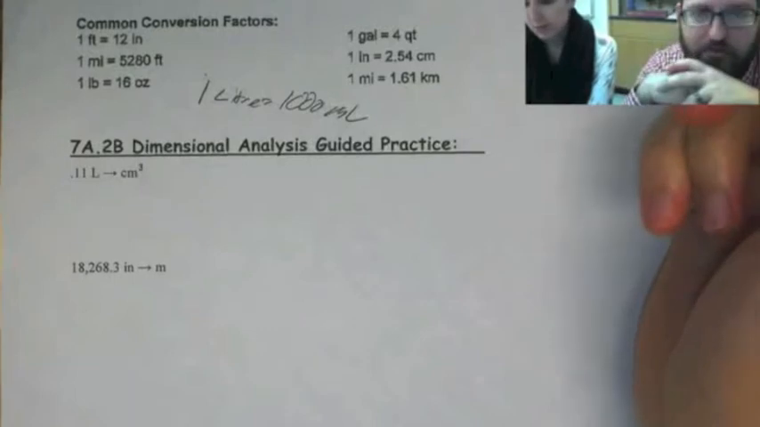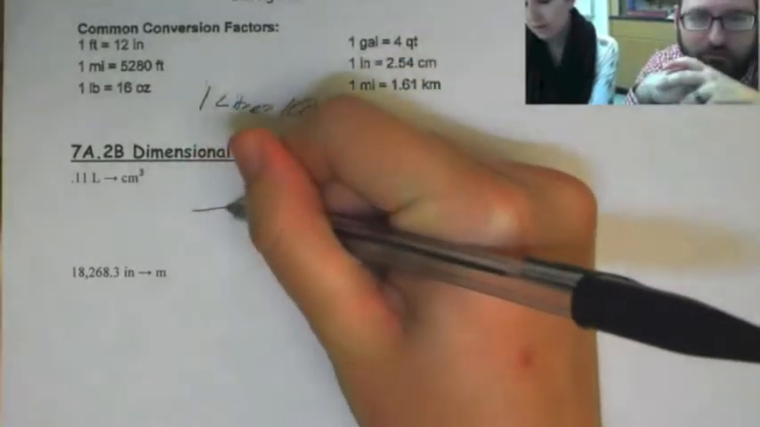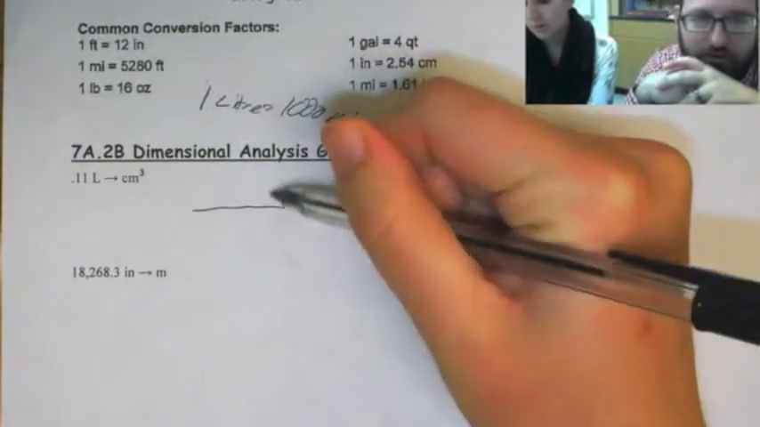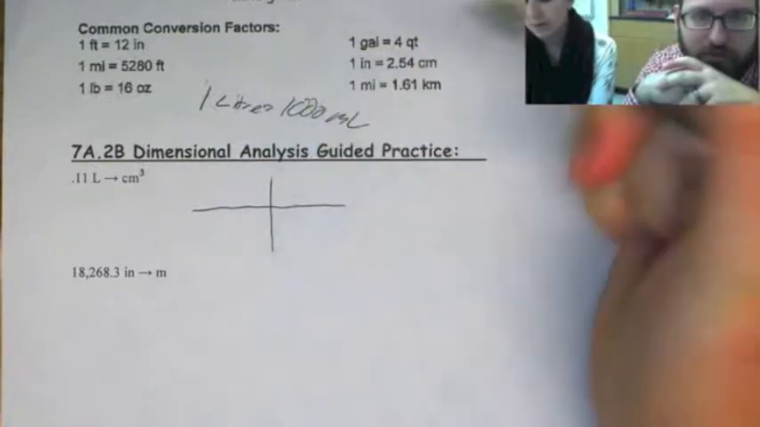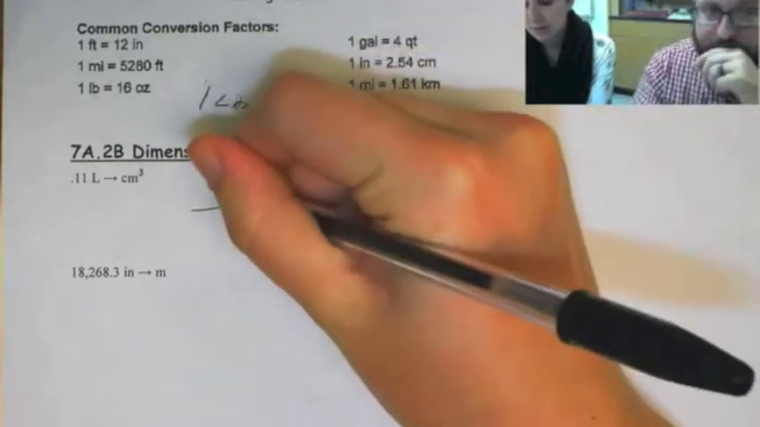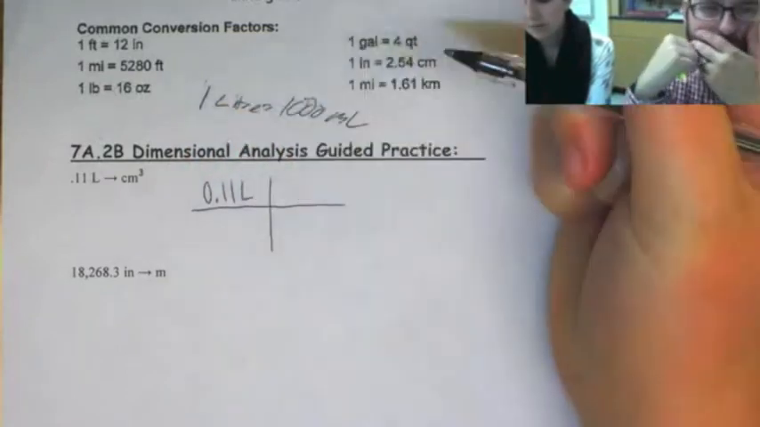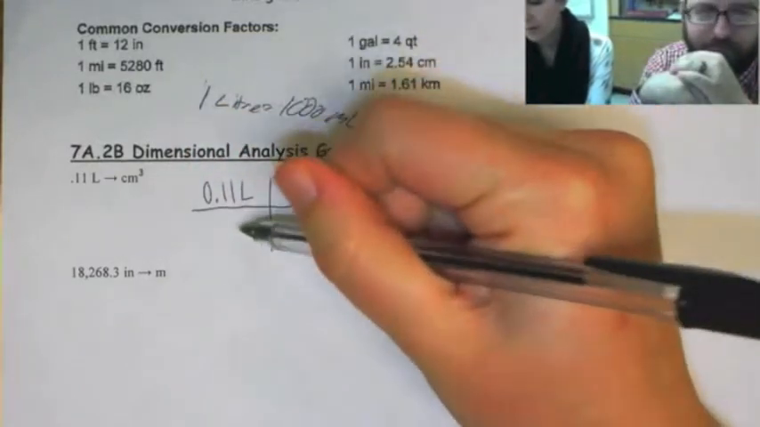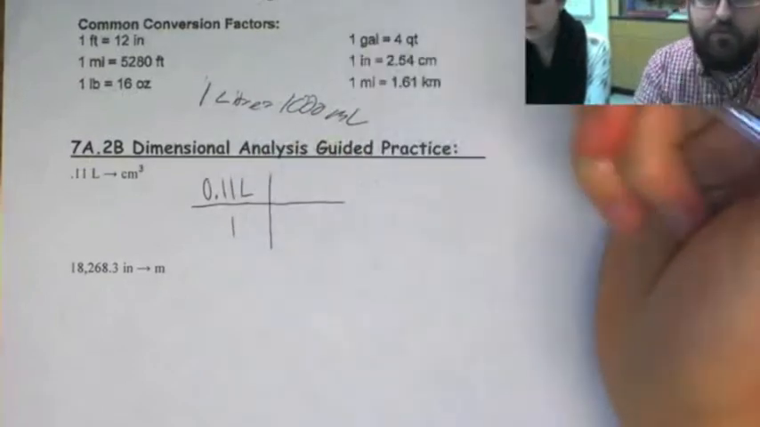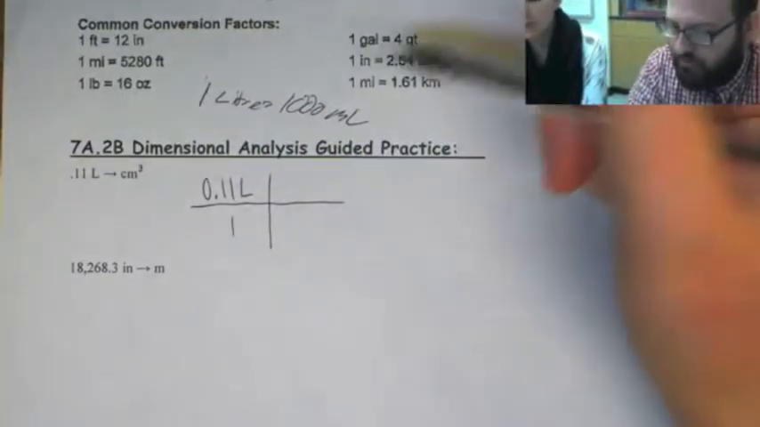Let's go ahead and make one little track here. What I'm given always goes on top, so that's 0.11 liters, and I can put a 1 underneath that. Those are just understood. And then what's going to go in here? This will be our